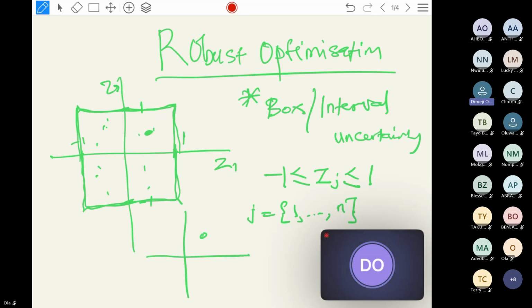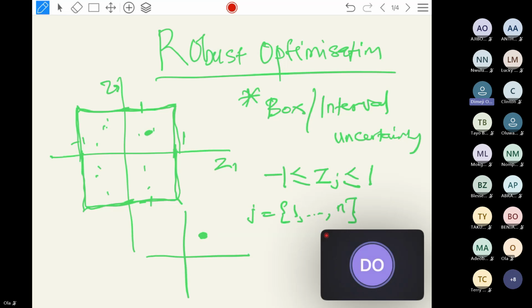Maybe you just have a point like this, right? What it means is that whenever you are optimizing, your model only considers that parameter to be just one point, which is just here. But if you adopt robust optimization, and you adopt box or interval uncertainty, it means that